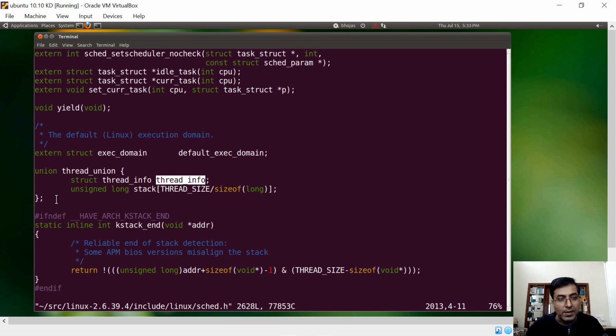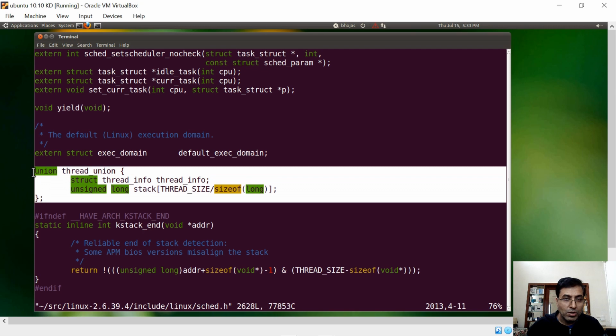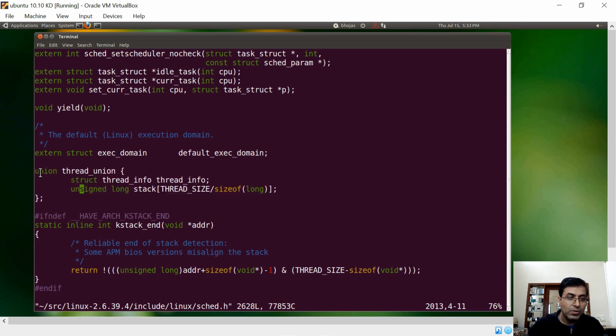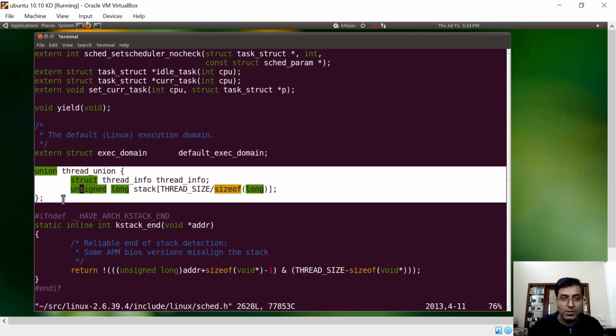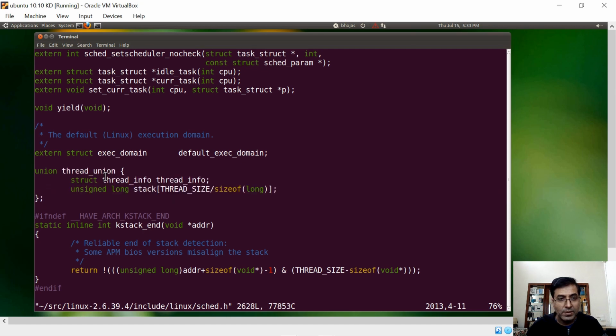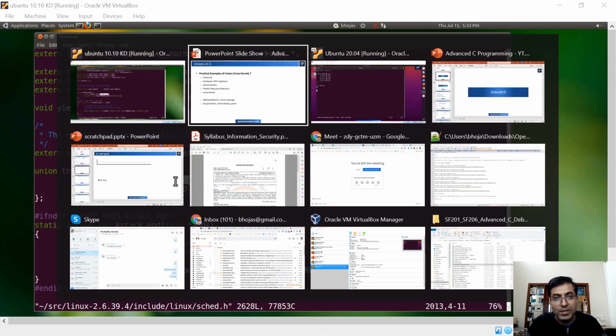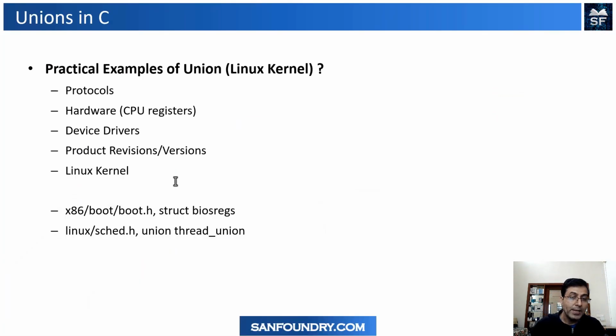Okay, having said that, the class is more about only C programming. So I'm giving you a very good choice to understand union: entire thread info or a stack. So this is like a multiplexing. We use this memory area in the kernel to store the stack of a process in the kernel, as well as the important kernel thread data. So again, we are kind of multiplexing. Depending on the use case, we can directly go and check them, right?